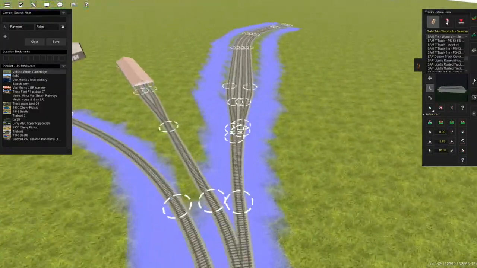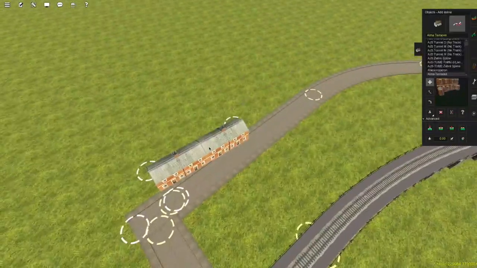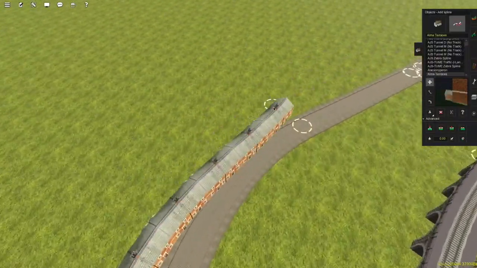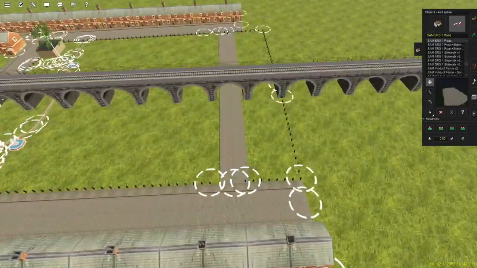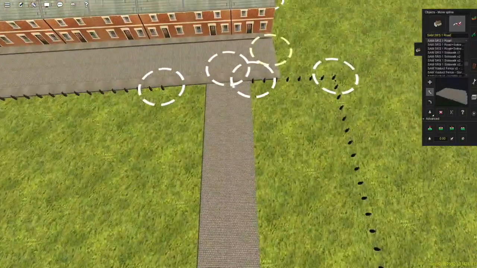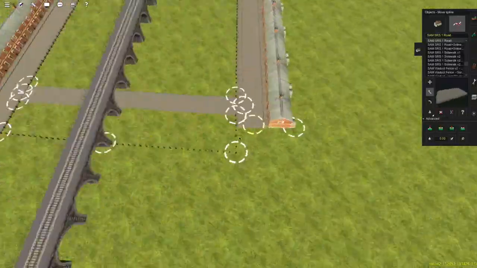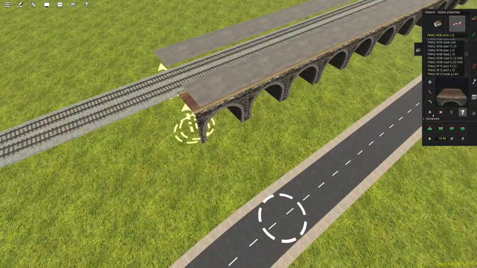Maybe it connected this industrial area, which is going to go over where the power plant is, to a river or to another main line that runs through the town or something like that. Who knows? Now here you can see I'm placing buildings, terrace splines along the streets, and you might think that